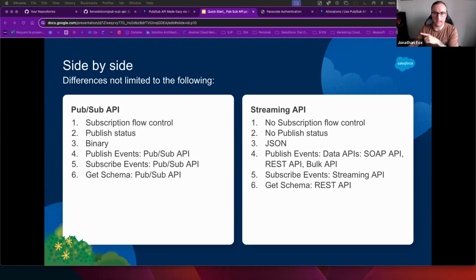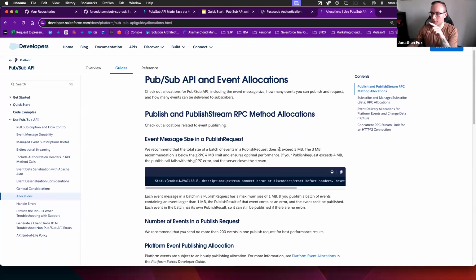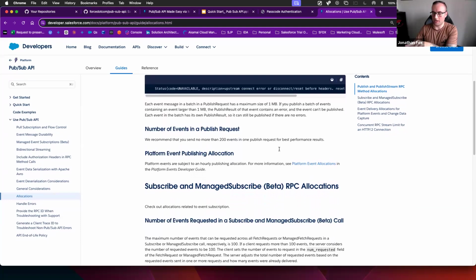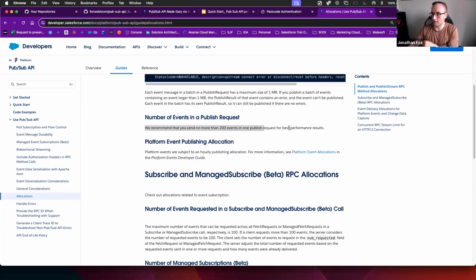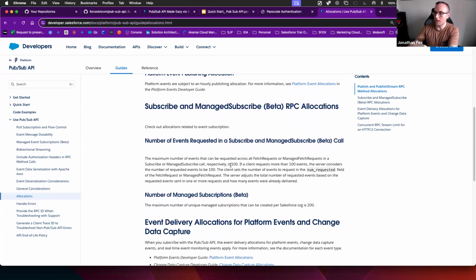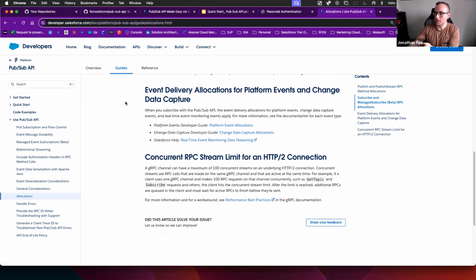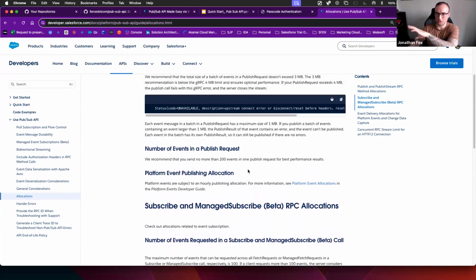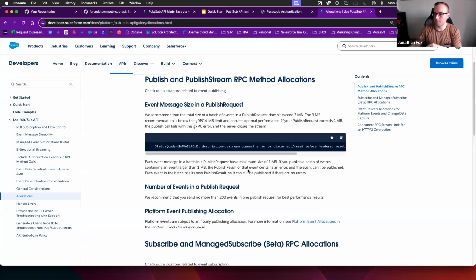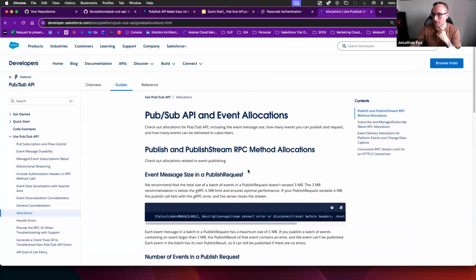Allocations, PubSub API here. This is basically where you can find your different limits. These are the governor limits for the PubSub API. So you can't have more than 200 events in one publish, for example. There are a couple of other different ones worth looking at and having bookmarked, because it doesn't fall under the same governor limits page, so it's not in the same place.